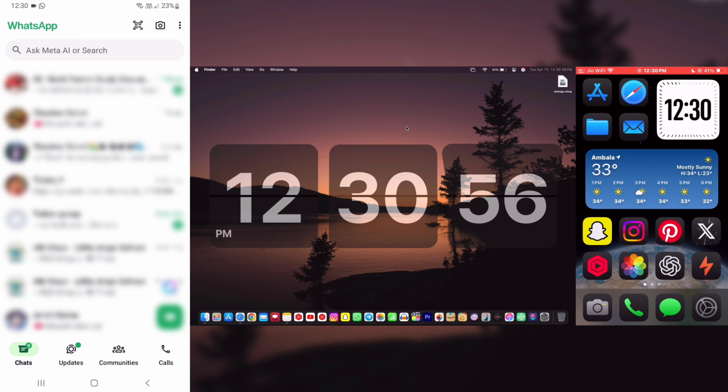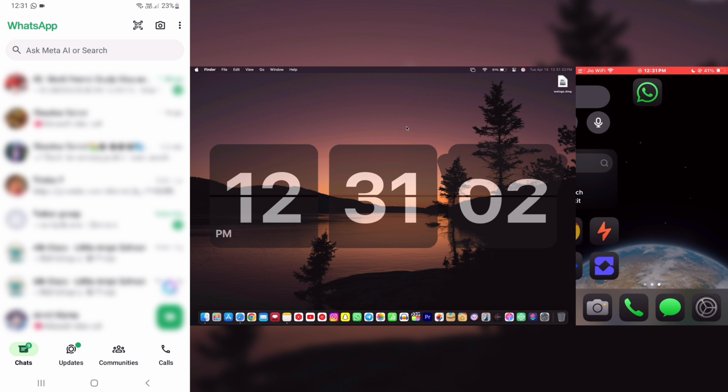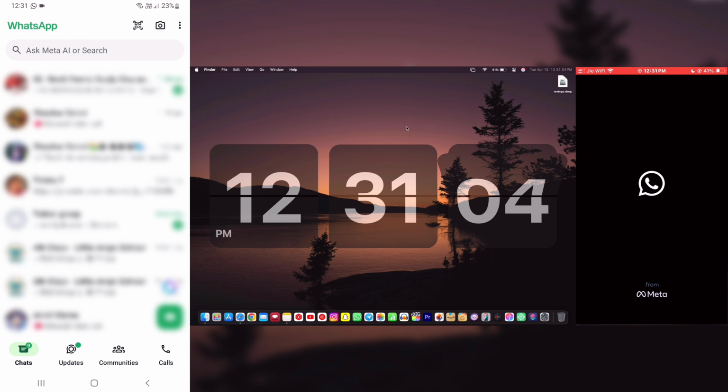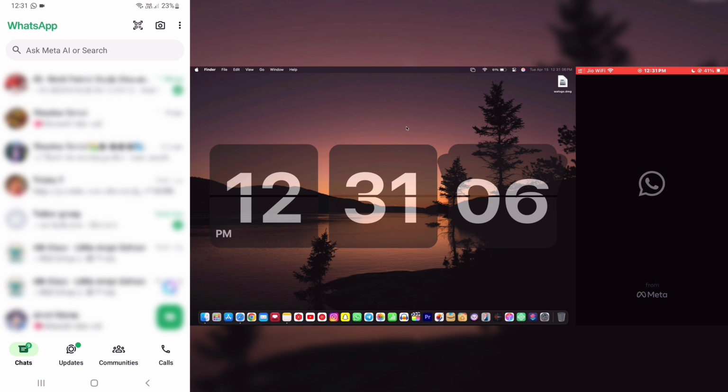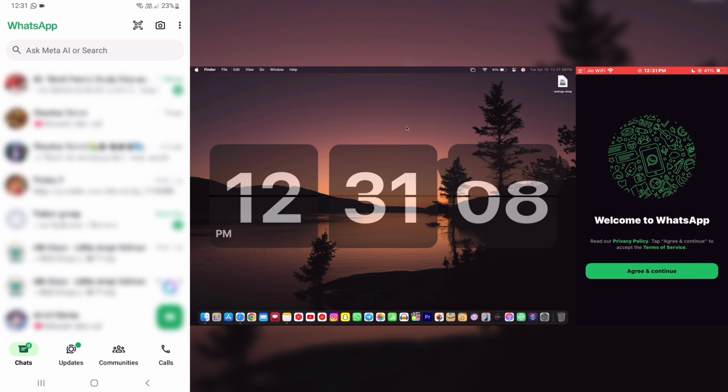Alright, so I've got my Samsung Android phone right here, and it has all my WhatsApp chats, media and conversations. And on the other side, I have my iPhone completely clean, no WhatsApp data at all. Now we are going to transfer everything from Android to iPhone, and we will use the tool called WhatsGo